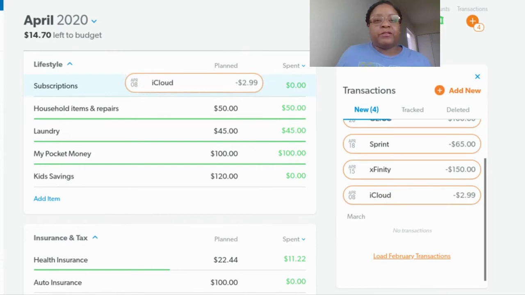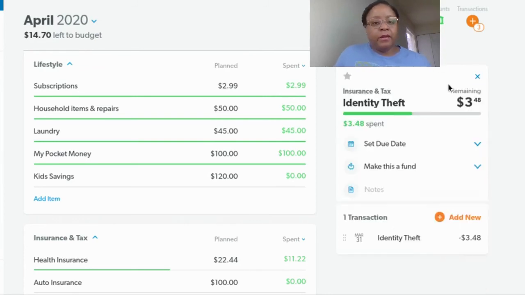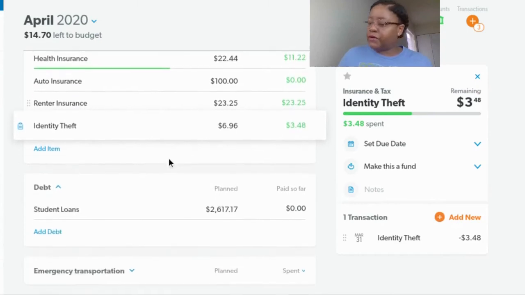So I'm just going to drag and drop iCloud because I did spend $2.99 there. And the rest of these are later in the month, so they're after the 15th, and I'm not going to touch them. And now these are the things that cleared my account but are not represented in the list of transactions. I didn't log these. So the first thing I want to